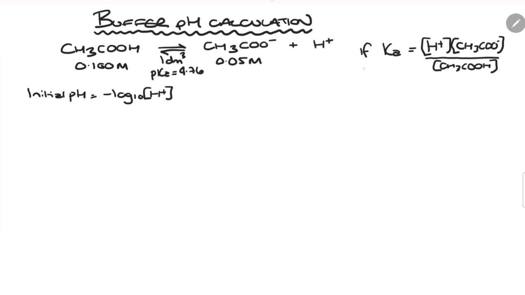If we rearrange this equation, we can generate H plus. We've done this before, and we know that it is equal to Ka multiplied by the acid, divided by the salt. Now I'm going to call the acid HA and the salt A minus,